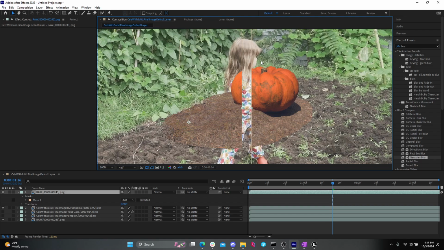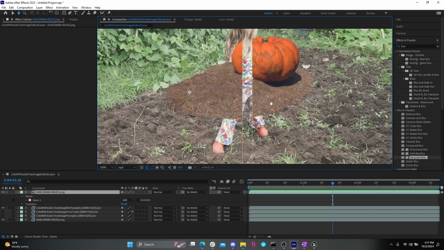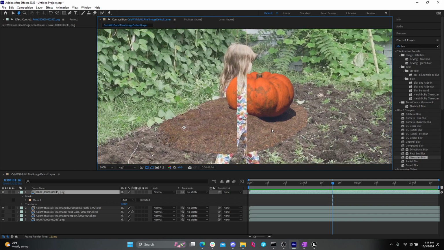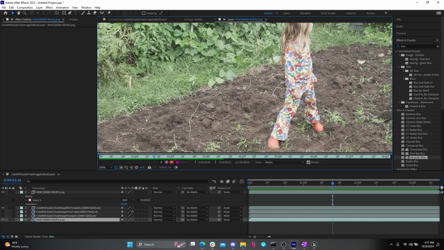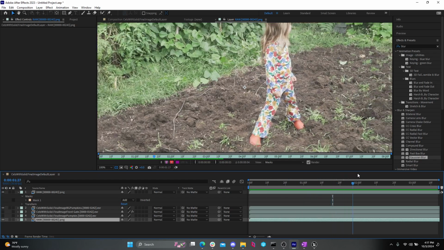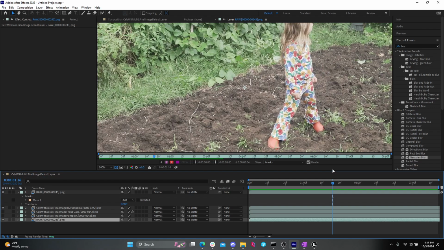That would be great if she was skinny rectangle shaped, but she's not, and she has hair, so that's not going to work. If you were just putting something down by her legs, it could be easier, because her pants are kind of hard edged, and you could pen tool that out. Of course, you'd have to do it over the duration of the video clip, which is what makes all this difficult. I used to just teach a rotoscoping class, and it'd be like the second class of the semester. We'd use the pen tool, and everybody would do a really intricate pen tool path around somebody's one leg,